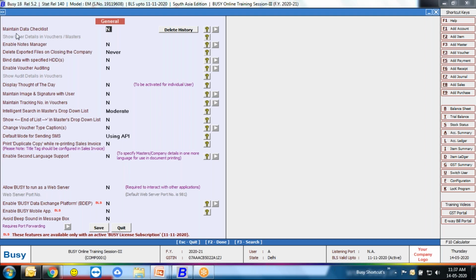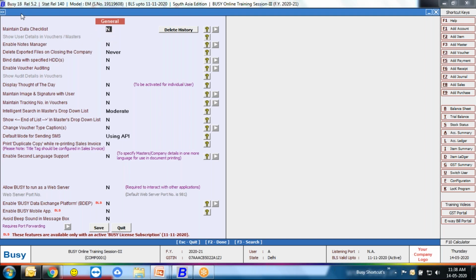So the first option is in the general menu, maintain data checklist. What is the concept of this feature, maintain data checklist? By using this feature, a user can maintain or record reports of by whom the user created your vouchers and created your masters.